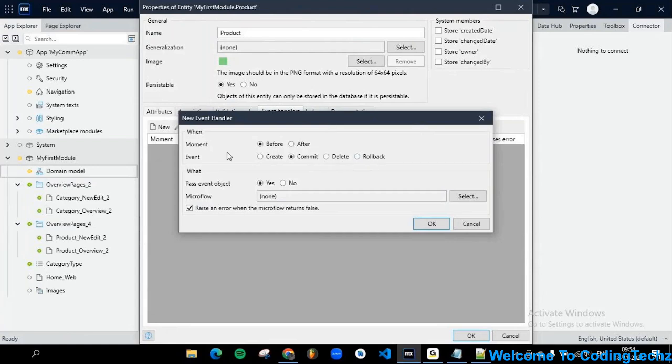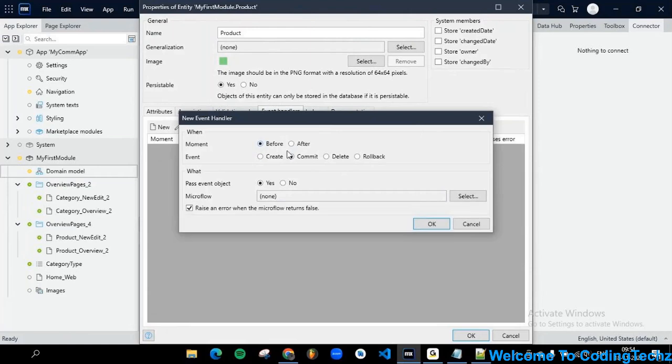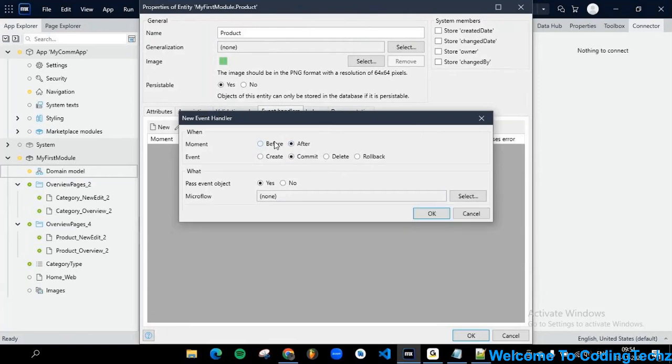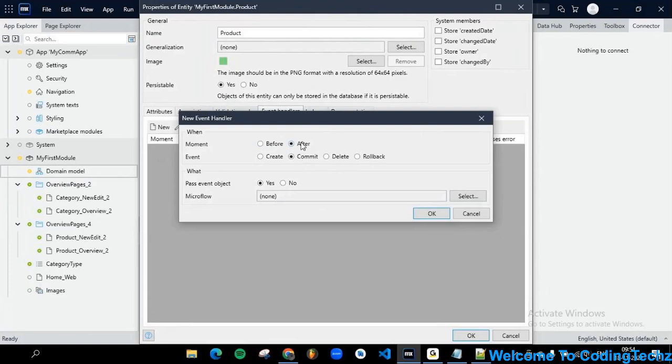So if you see the moment here, before and after, there are two possibilities to have this. So whenever this action is occurring, so after the action has happened or before the action is going to take, this is combination. So before commit, now this means before commit. If you select after commit,